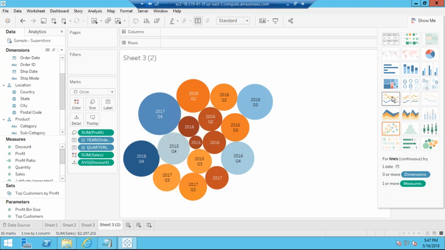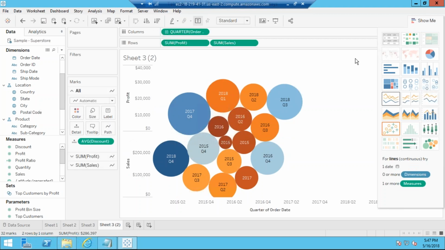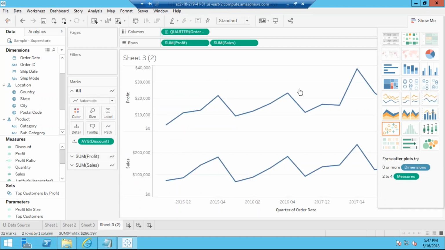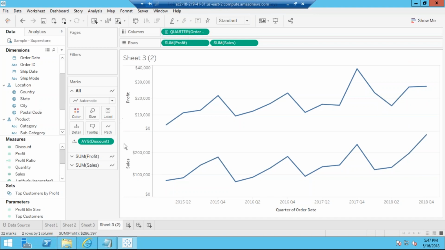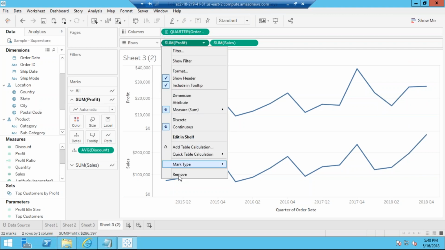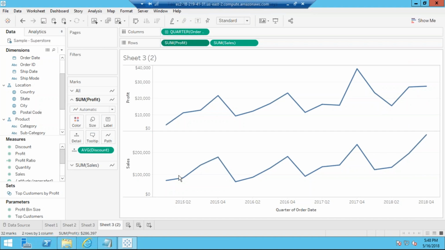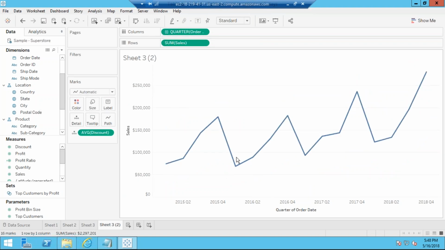So just click on this, Show Me. Show Me is a way by which you can get multiple kinds of visualizations. Okay, so based on your selections of controls, what dimensions and measures, whatever you have selected, based on that only, it will help you see which visualization can be created from that. So this is your line chart. Right now I'm showing sales and profit together, but I don't want to see profit. Let's say I want to remove this profit. My user is just interested to see only sales right now. So I can remove it from here. Okay, right now you only have sales.